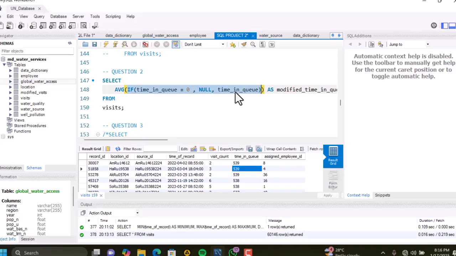This one, is it 0? Then bring it here. So at the end of the day, all of them will add up, then it will find the average for that. So the one that is 0 will not be added, then we find its average. So that is what we have here, and that is